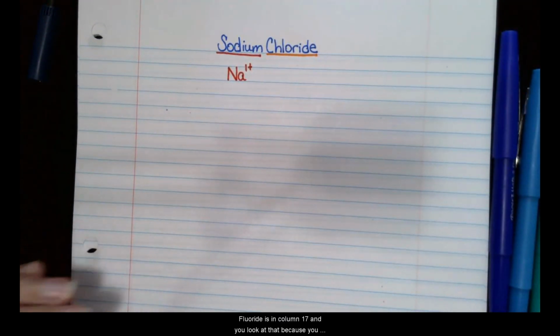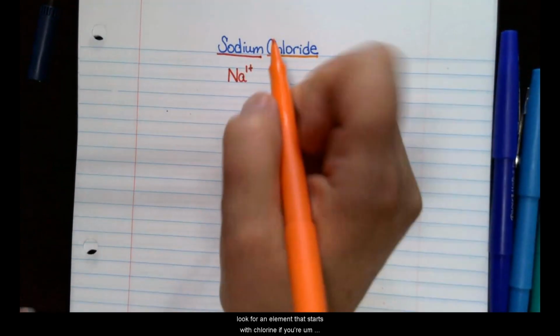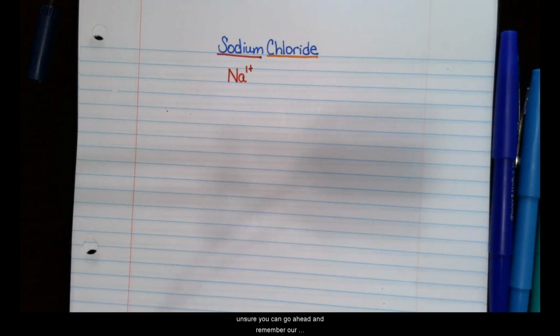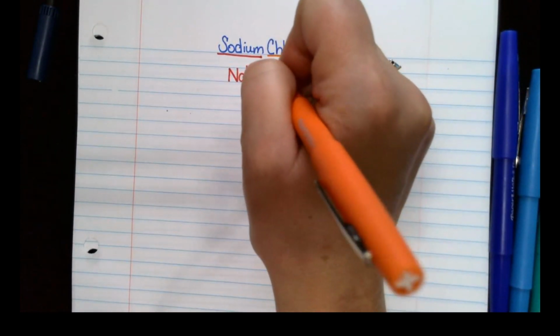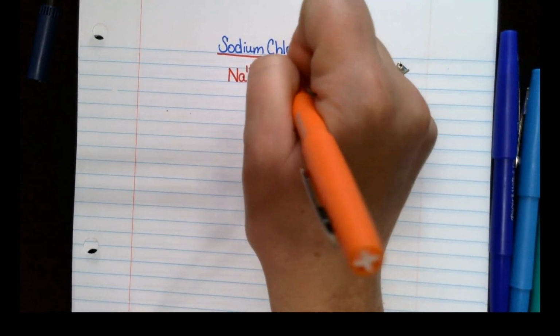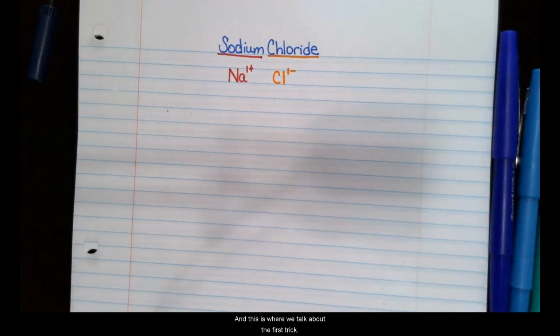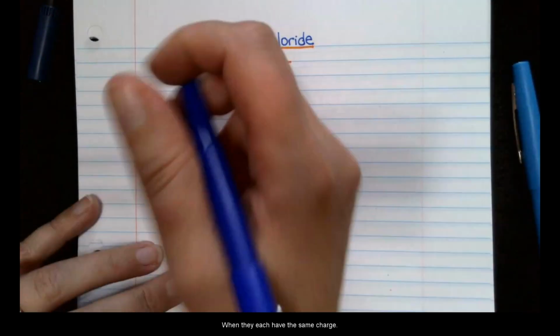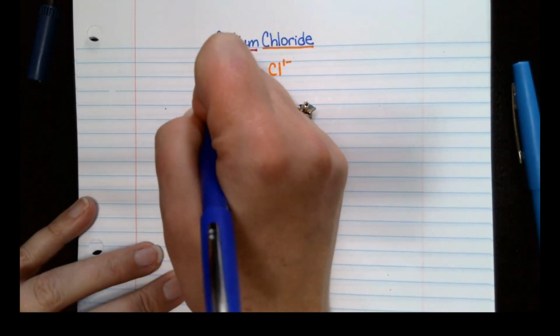Chloride is in column 17, and you look at that because you look for an element that starts with chlor. If you're unsure, you can remember our very common non-metallic roots. It's a video that I have, and so that is Cl 1 minus. And this is where we talk about the first trick. You can either do the Criss-Cross or the LCM model for this, but a big rule is when they each have the same charge,